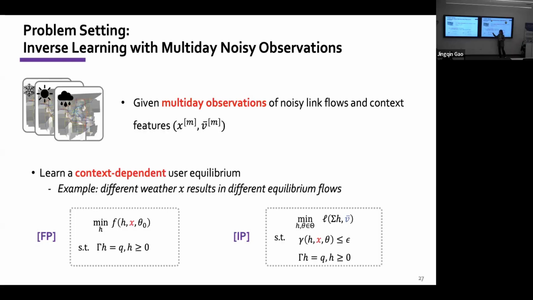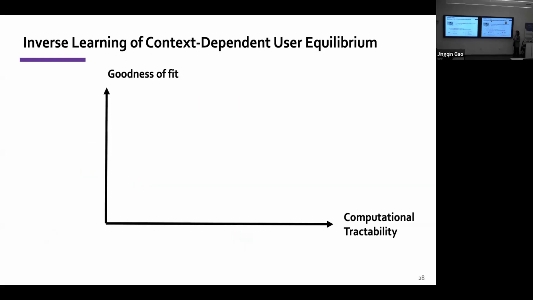So look at this formulation. Suppose I have different weather. I change the values of this x and solve for equilibrium. So for different weather, I can predict a different equilibrium state given different input context. Similarly, I need to include the context information when I formulate the inverse problem. And now the context will also appear here in the equilibrium gap function. As we showed in the previous section,